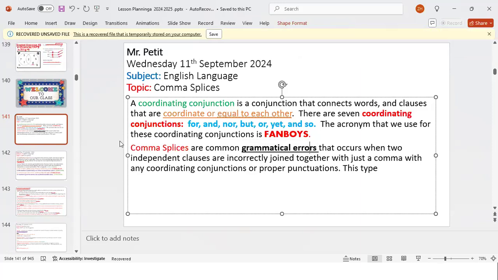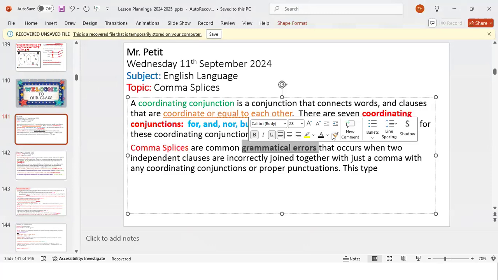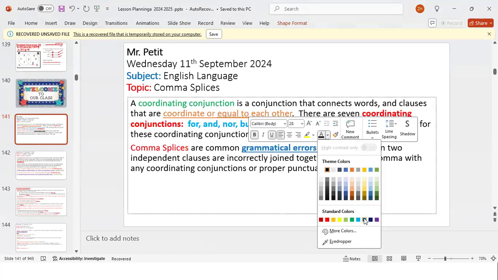Do we want them in our paragraphs? Do we want them in our sentences? No, definitely not. So it's a grammatical error, which means that you need to avoid it. That's the first thing.